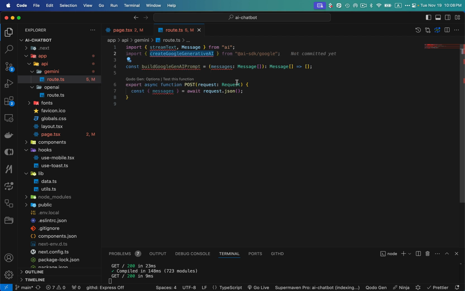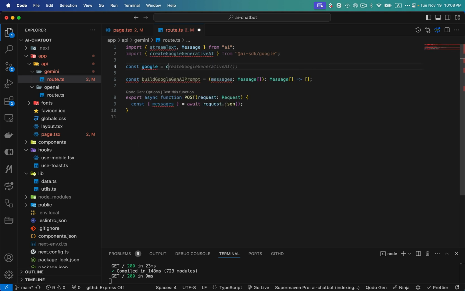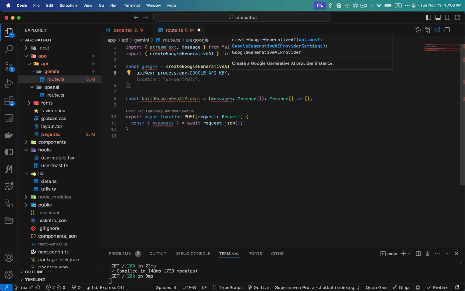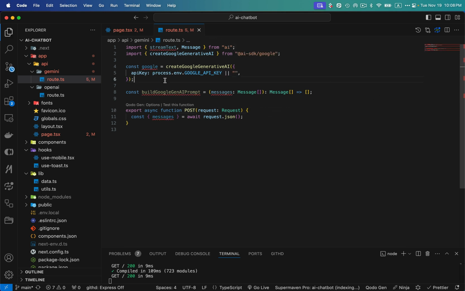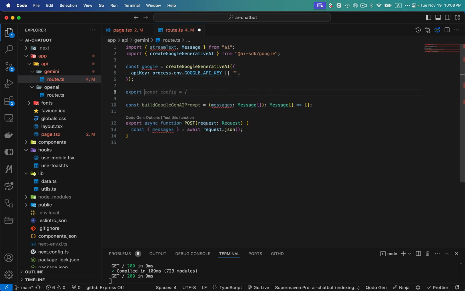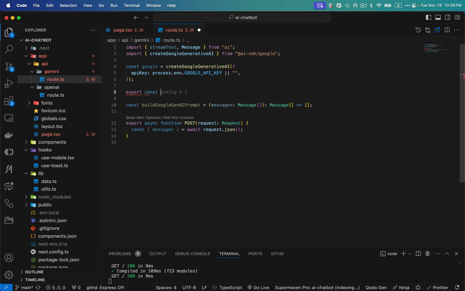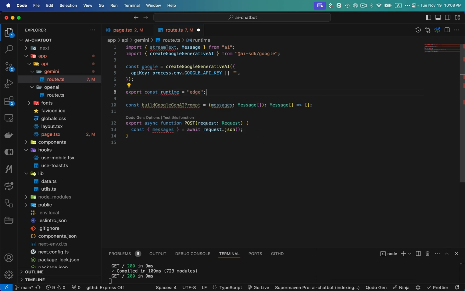Okay, so create Google generative AI. This is what we are going to be calling for creating an instance of Google. So create Google AI, and this is going to take the API key, process.env Google API key. If it doesn't find it, maybe we can just return an empty string. Okay, and after that let's export runtime for the edge. We have to do this for the edge, otherwise it might not work on the Edge